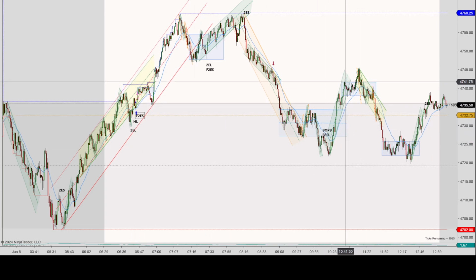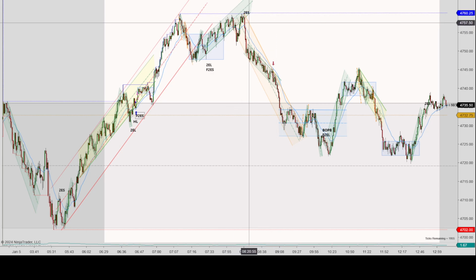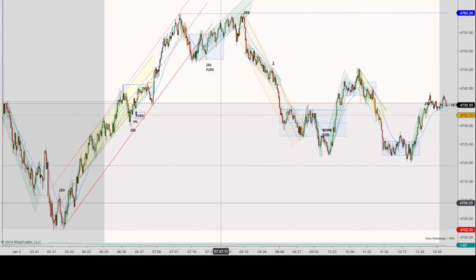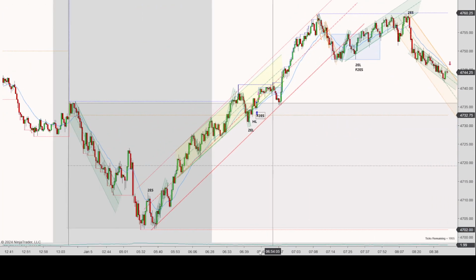I also tried not to mark up the charts with everything that I saw with possible setups, and just try to mark it up when I thought there was a viable trade or something worth noting. Oops, keep my notes a little cleaner. I'll get into the trades right now. In the pre-market,